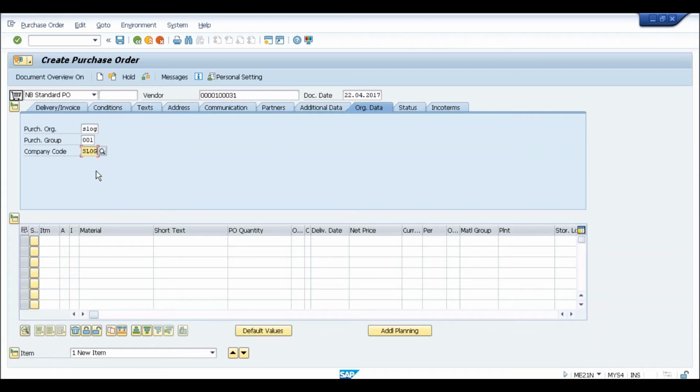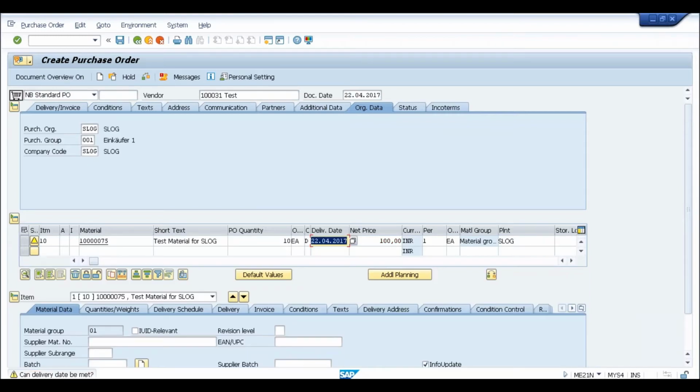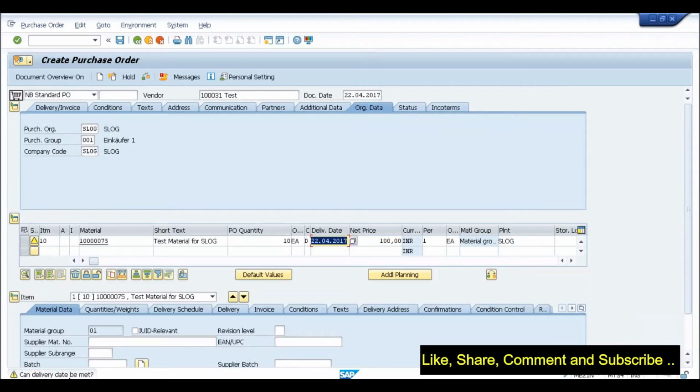Okay, so company code, and then let me enter the material which we just saw, that this is the material number. PO quantity, let me enter as 10. Net price, let's say 100, and let me enter the plant. Currency. Okay, so now this is giving me the normal error, not the error, this is a warning. Can delivery date be made? I'll just press enter. Let me do the enter again. It is throwing all different kinds of warnings, which we are not bothered about.